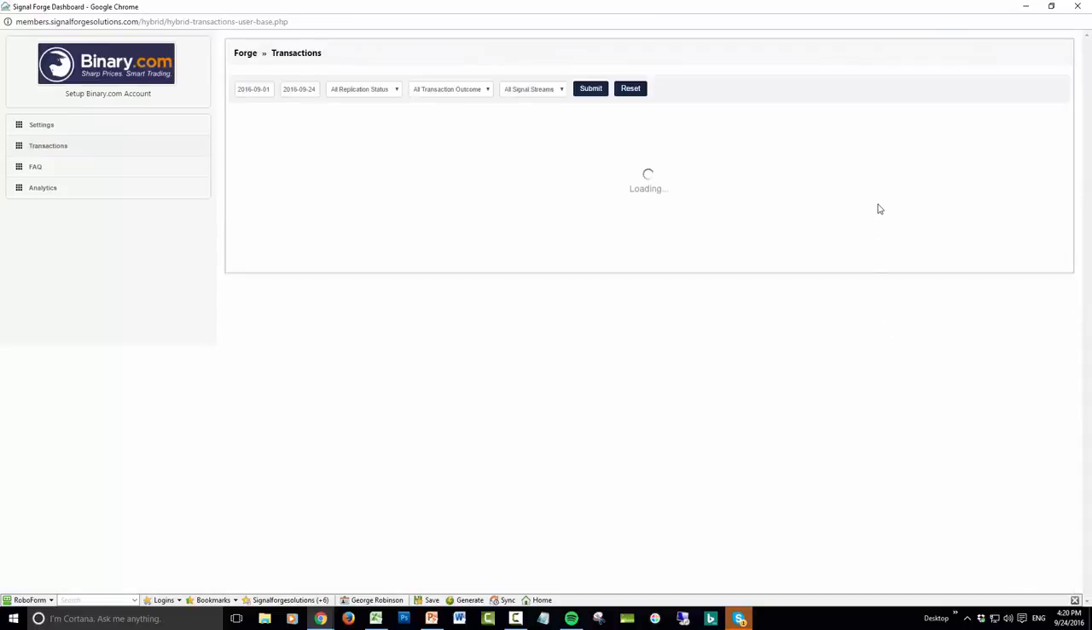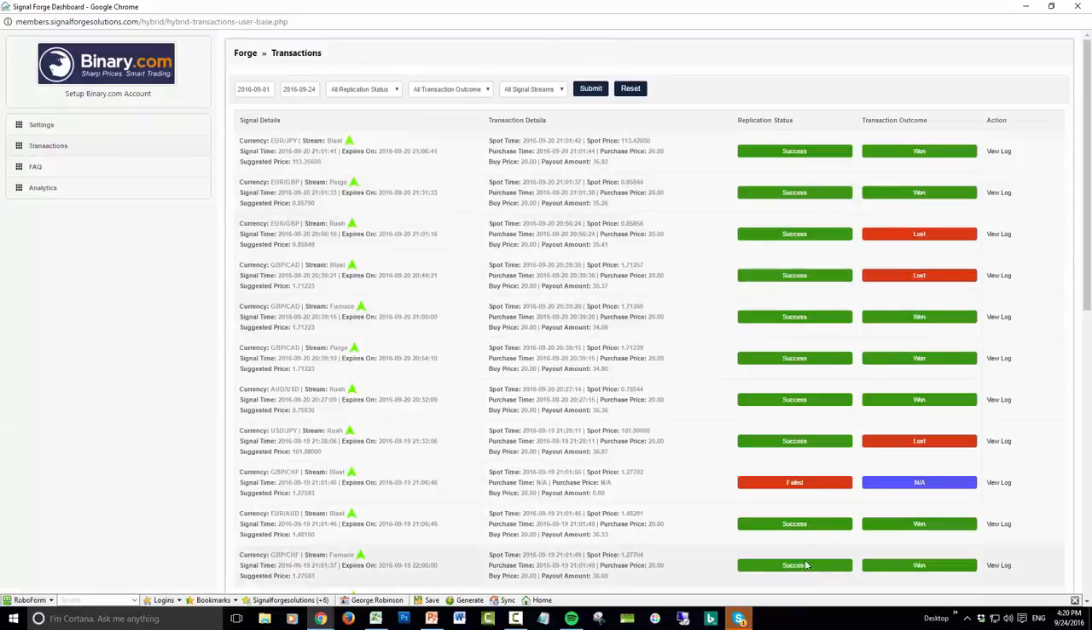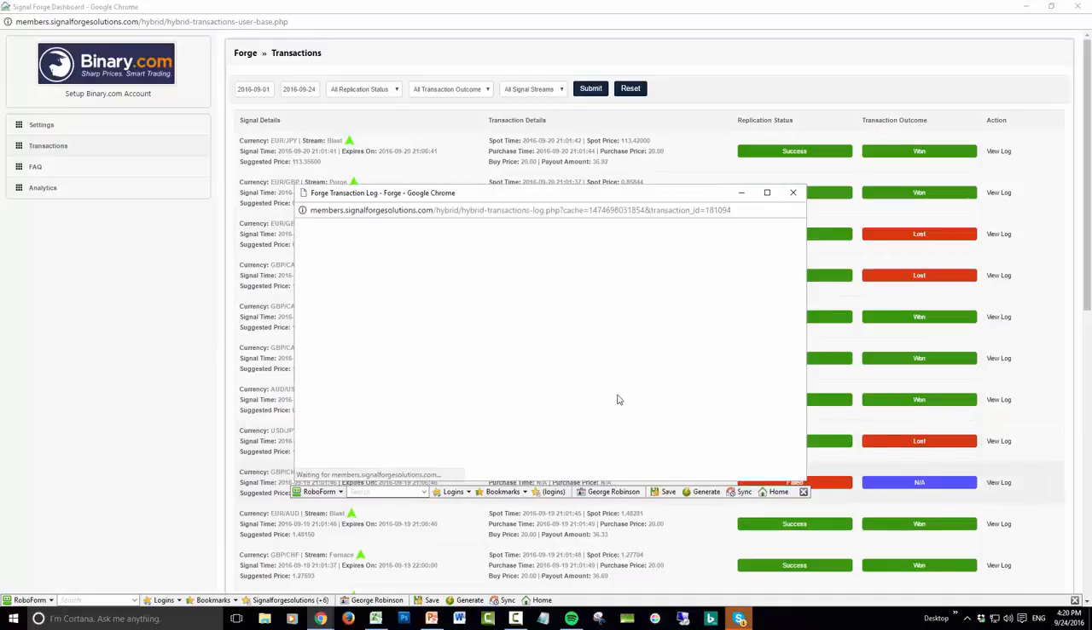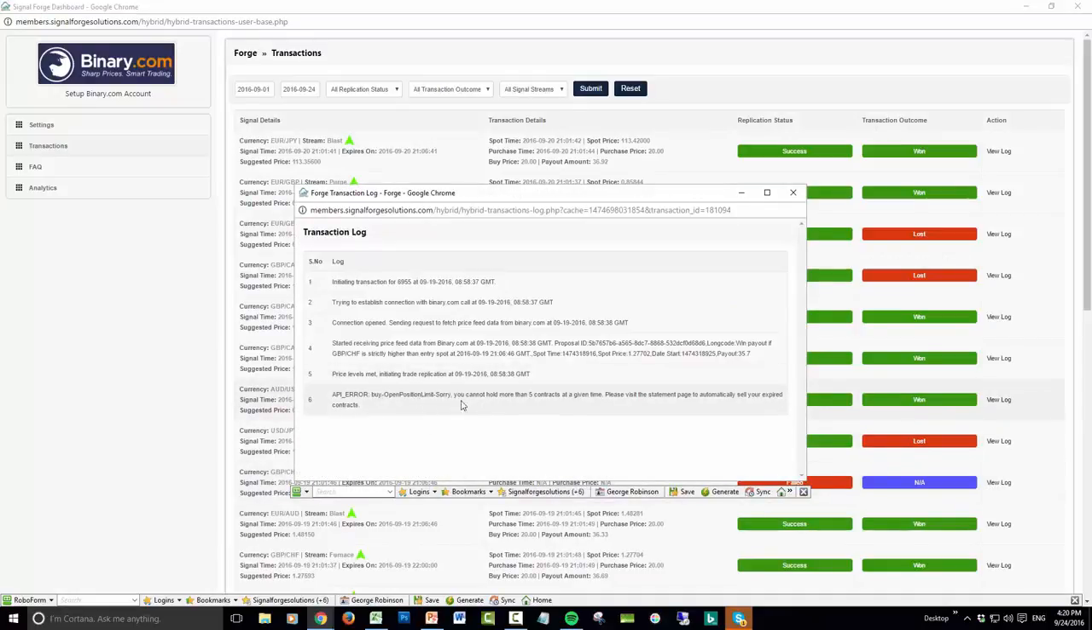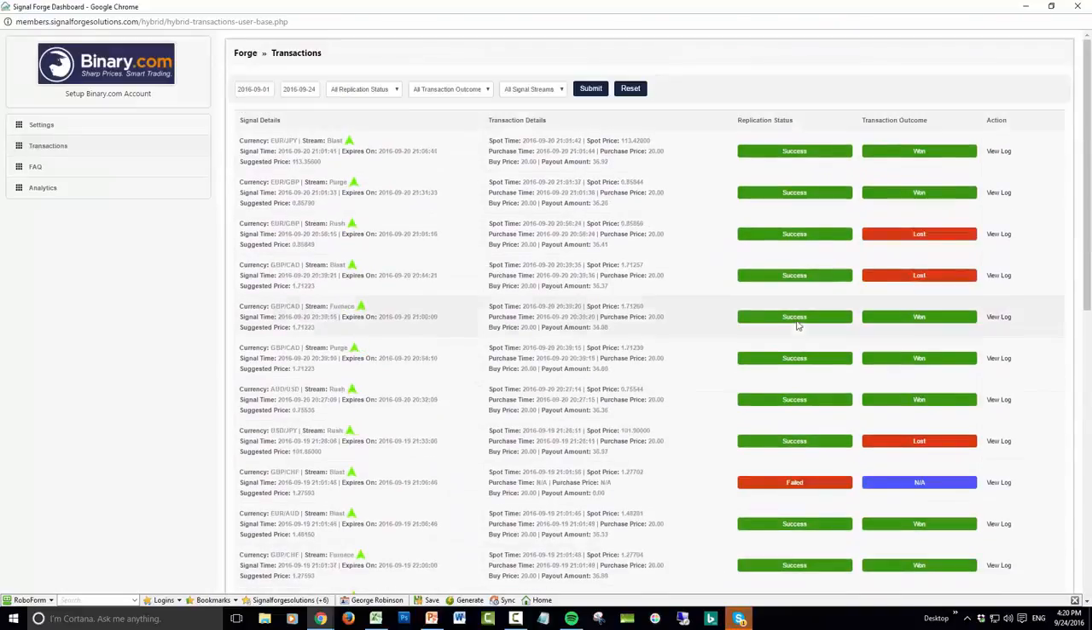Got another page, see if we've got more. We can show you. This one here failed, and this is the pound against the Swiss franc, so I think that's a currency that they didn't have. No, it's a position limit. So the rest of them were all successfully traded with us. So that's pretty much your